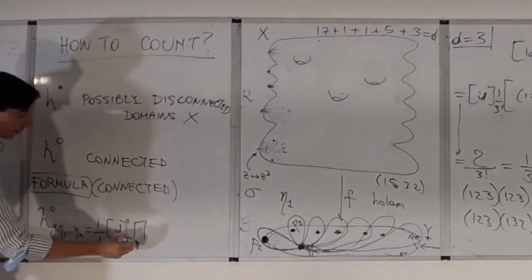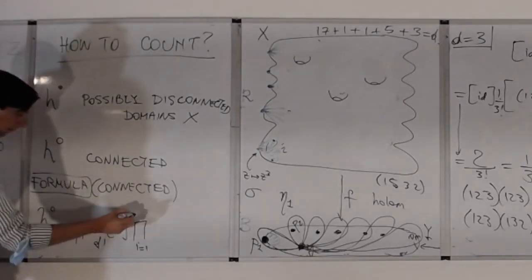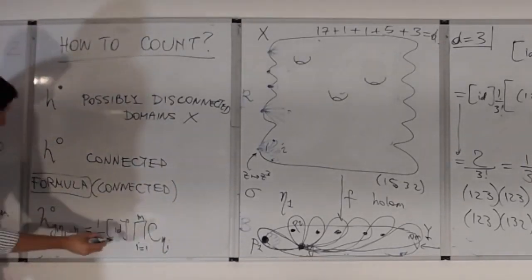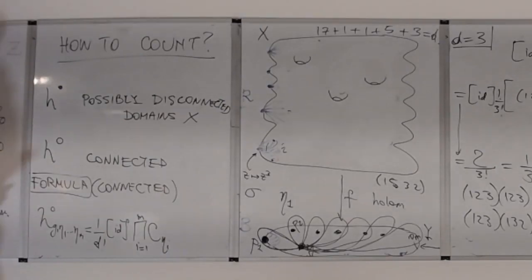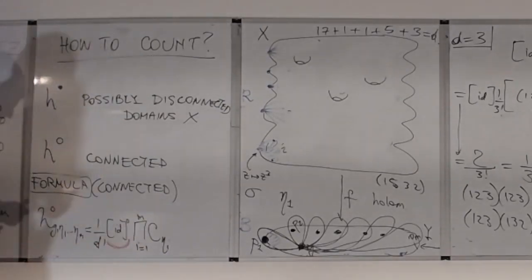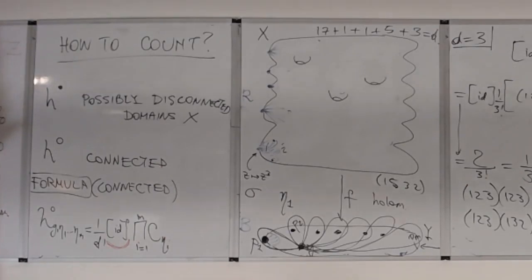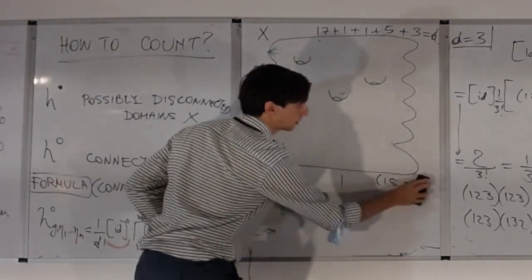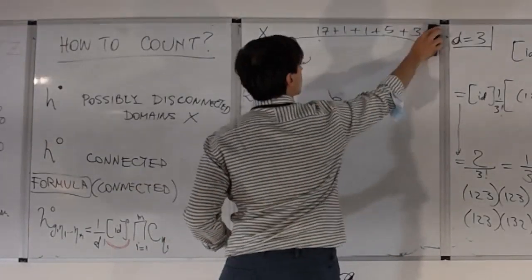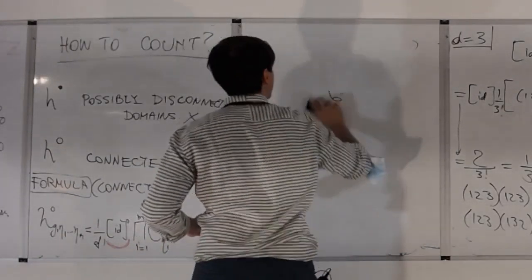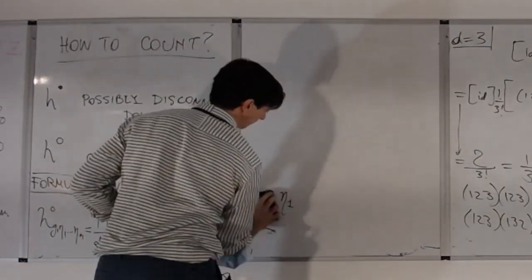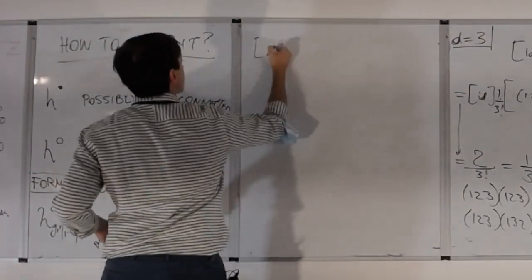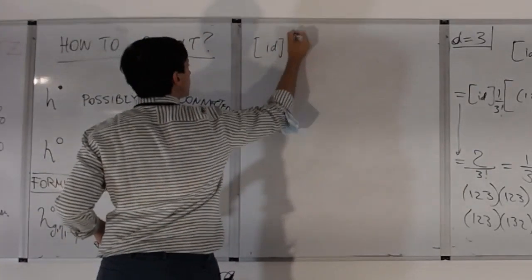And then you just take the product, i from 1 to m, of c eta i, where this one now is a little bit tricky. This identity bullet now counts